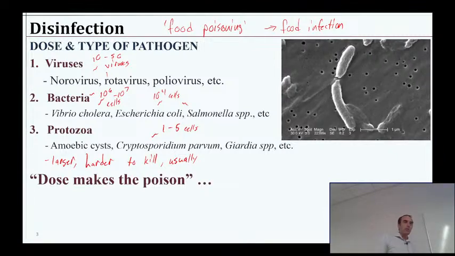So the bigger question in all of this is, how do we know? How would you design an experiment to figure this out? 5 viruses for you and 5 crypto for you, right? How do you do that? So it turns out the CDC, I assume that they would still do this if they needed to, but for some time